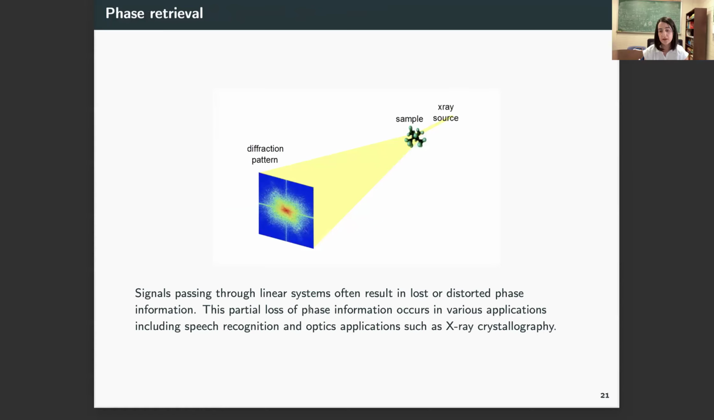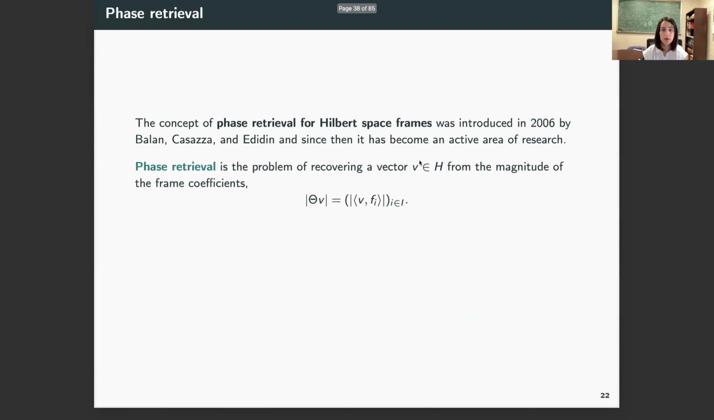The way it works is that they hit the sample with an X-ray source, and it gets diffracted into different patterns. And now the question is, when you have this information with these diffraction patterns, how can you recover some information and say something about the structure of this sample? In a way, what we want to think of is that phase retrieval is the problem